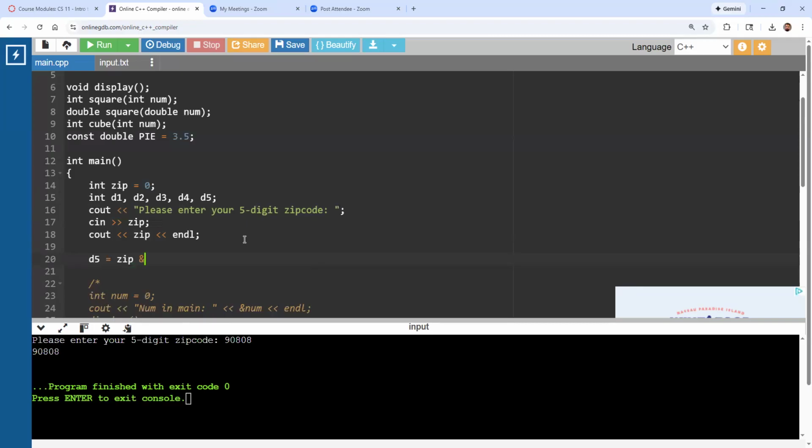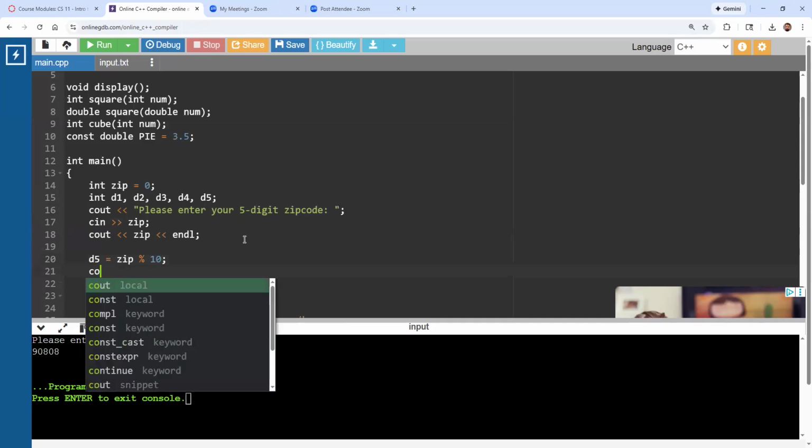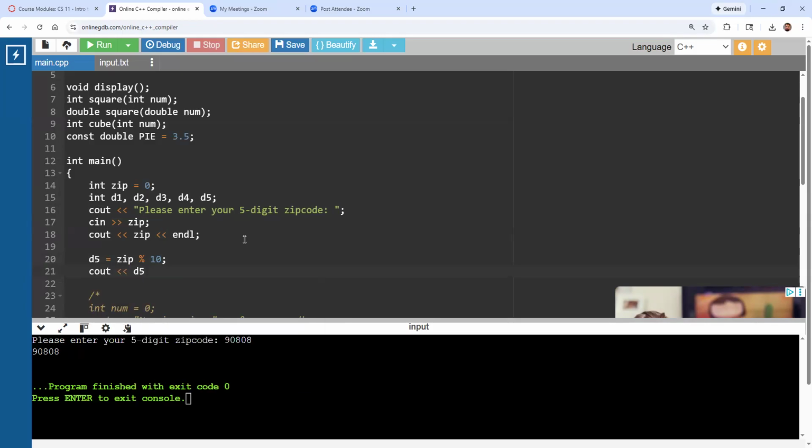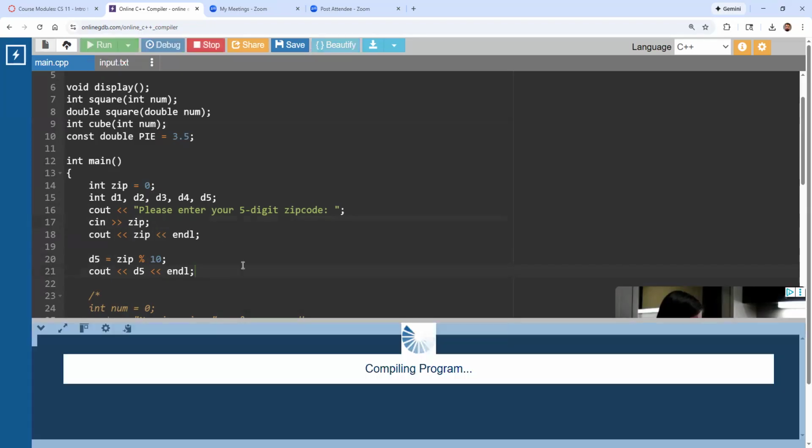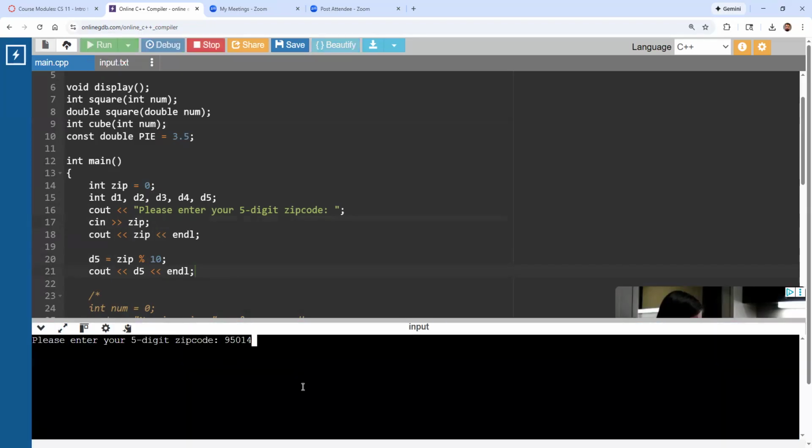But if you don't have a perfect divisor, the modulus operator looks like a percentage symbol. It's not a percentage in programming languages. And if I do modulus 10, let's see what happens. I want to display D5. Let's say my zip code is 95014. If I divide by 10, it looks like 4 might be the remainder. So let's test it out. If I run my code and enter 95014, it gives me the last digit here. So we successfully parsed